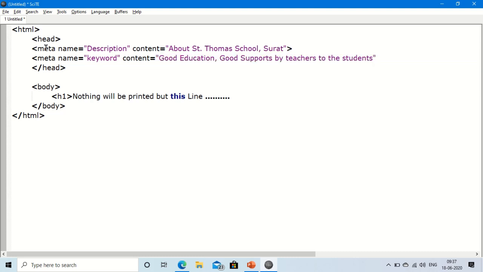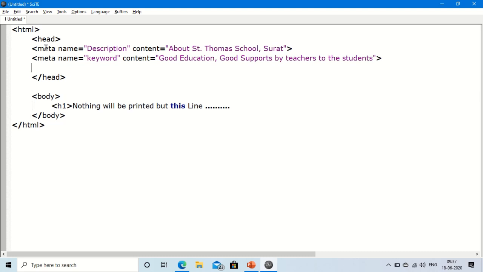So these are the keywords. You can put any keywords as per your requirement.